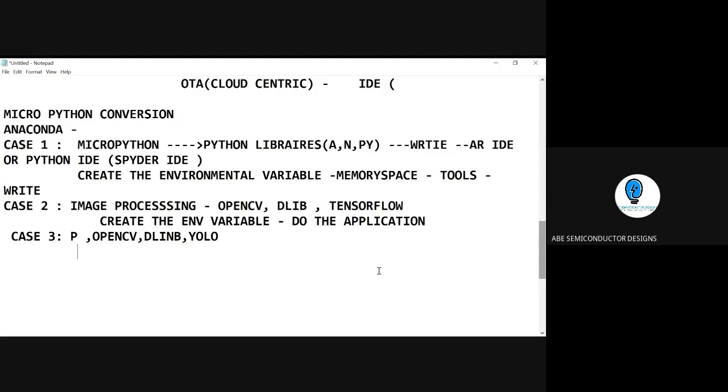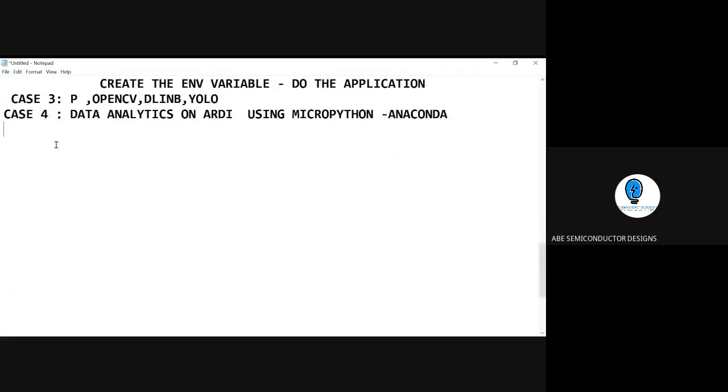So now I'm just going to explain what can be done with that. What sort of application can be done with that? Let us assume it is case 4. Now what we are going to do is make a data analytics program. This research forum, you can use it for your research if you are comfortable with this. Data analytics on the Arduino using MicroPython. This is the logic we are going to take over, and it is an advanced one.